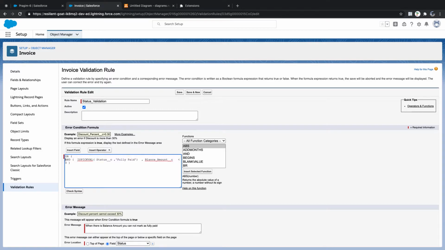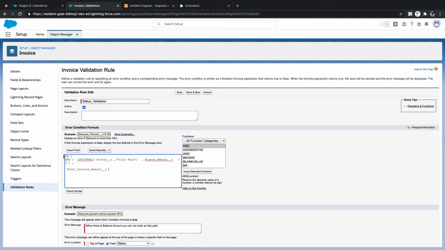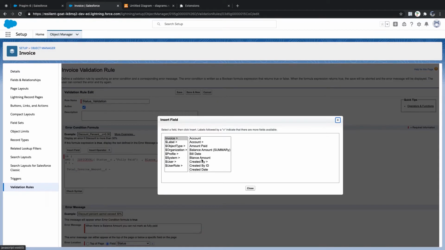What I'm trying to do, I'm keeping all this as logic 1 and I'll keep logic 2 now. Comma. What is our logic 2? Insert field. I'll say billed amount, total invoice amount minus amount paid.